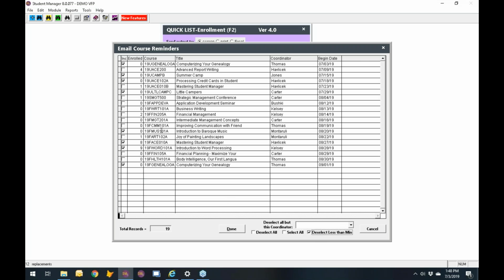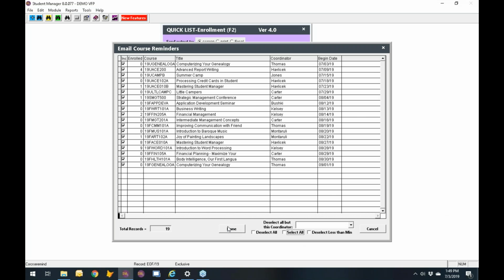Deselect less than min. That works. No, that did the opposite. That deselected all the zeros and not. Yeah, that's right. Almost. That's weird. It deselected those that were less than the minimum. No, it didn't. Yeah, it unchecked some zeros. That's right, Matthew. Because all the zeros were. Oh, wait a minute. You're right. No, it flip-flopped that. I don't know. Maybe I've got bad data in my courses or something. But anyway,